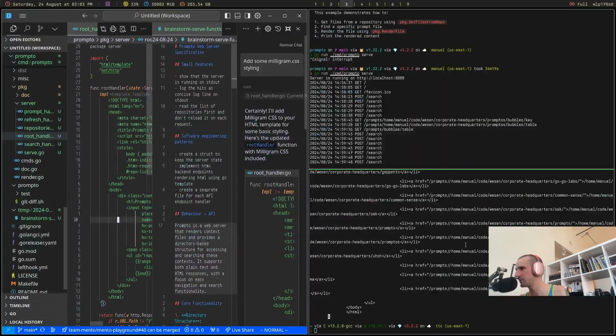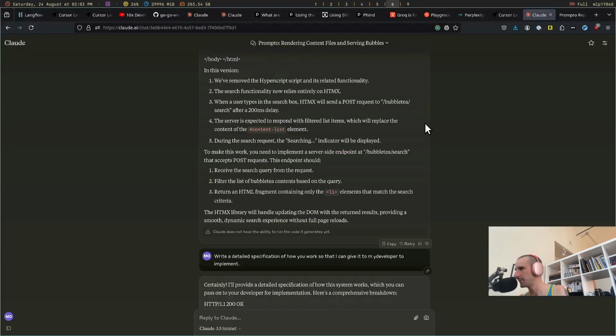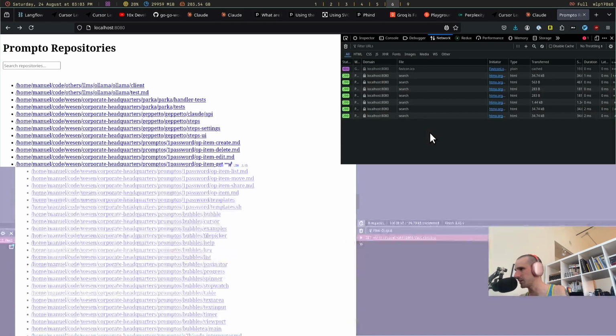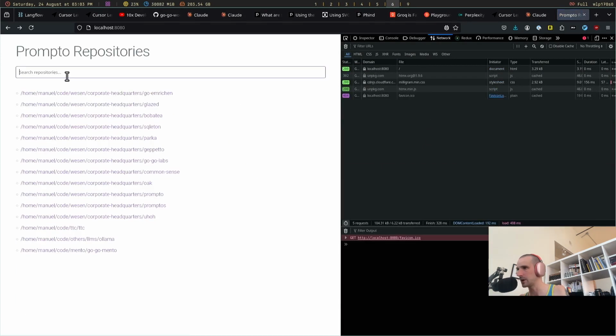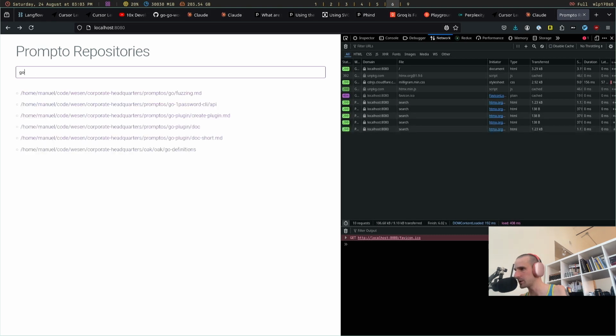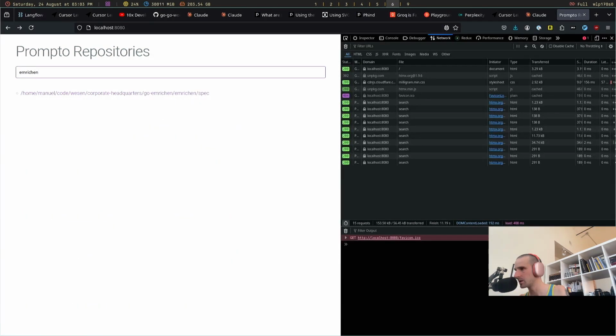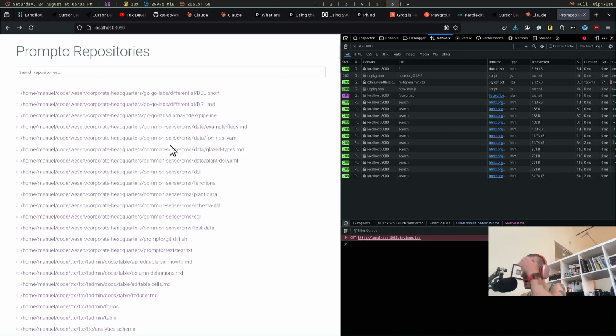So just to refresh this, I guess I do have to refresh the server. It doesn't have hot reload, which I guess is not a thing in Go. But now it looks nice. It's also a little bit broken, it seems. Yeah, because I wanted to match Go Enrichen, but now it's probably just matching on the other. Oh, because Go Enrichen is the full path. In any case,